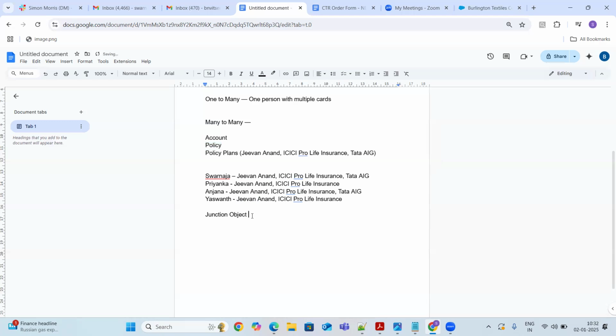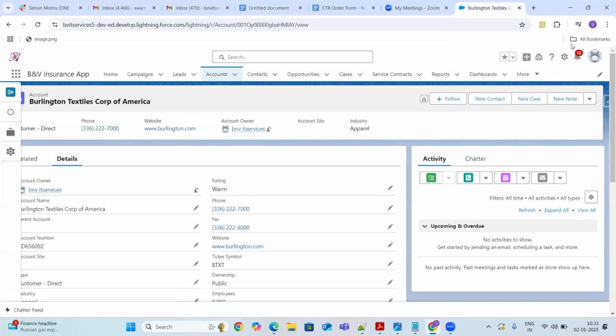Whatever object has two master detail relationships, we call it a junction object. Till now, what I did is I have created one master detail relationship between account and policy. Let me go to the policy object.